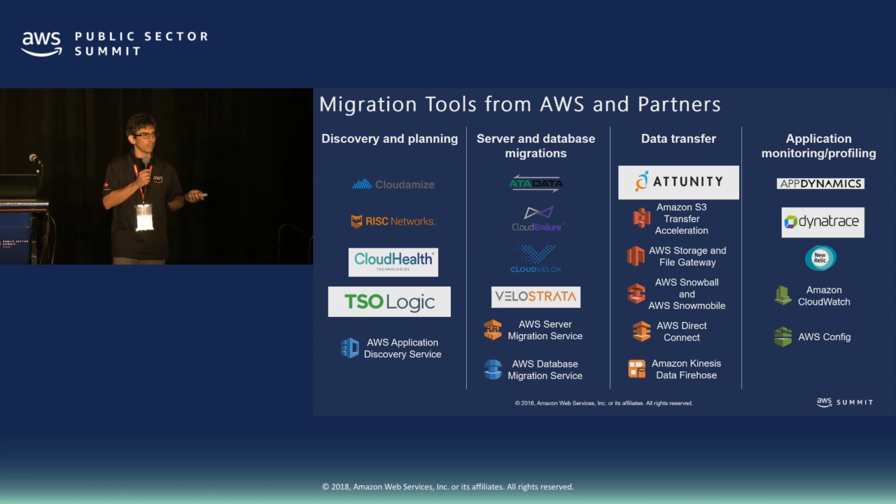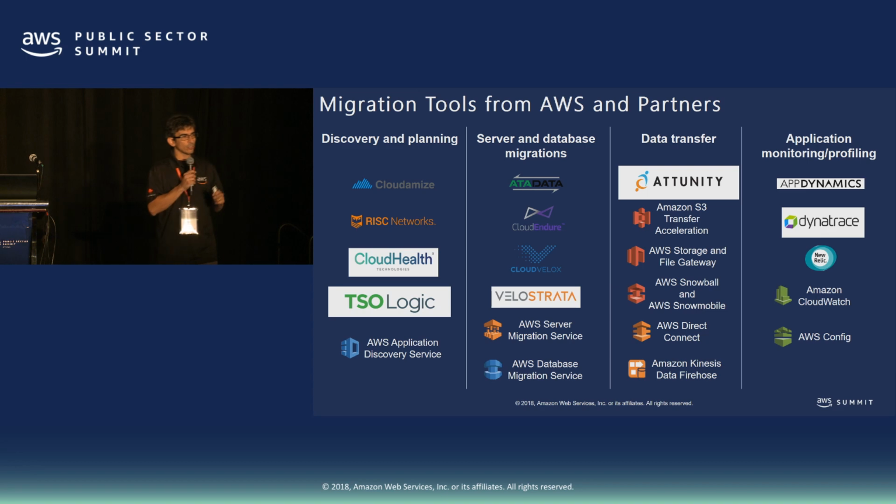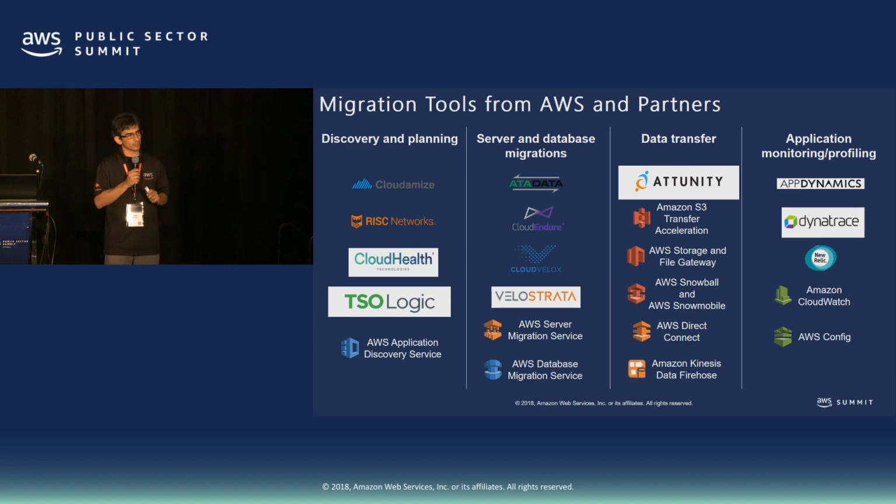So what makes sense, let's say a database is connected to 5 applications. So let's maybe migrate all the applications, then the database. We also have a service that migrates your servers for you, AWS Server Migration Service. I'm going to talk a little bit about it in the next slide. And another service that migrates databases. So AWS Database Migration Service, AWS DMS, allows you to migrate a SQL Server that's sitting on-prem to a SQL Server that's sitting in the cloud, and vice versa. So I've done it. It works pretty well.